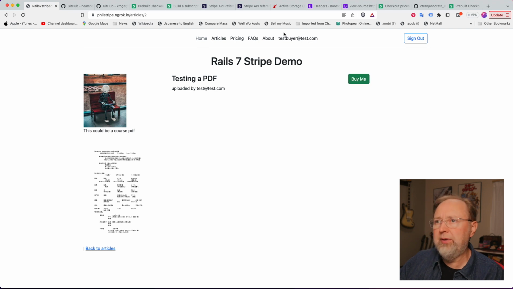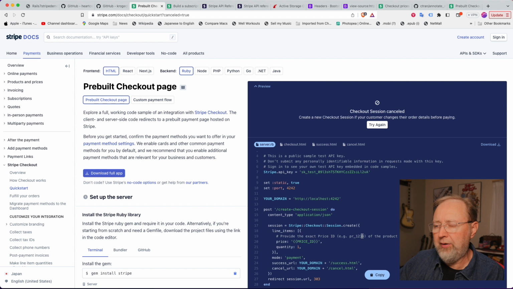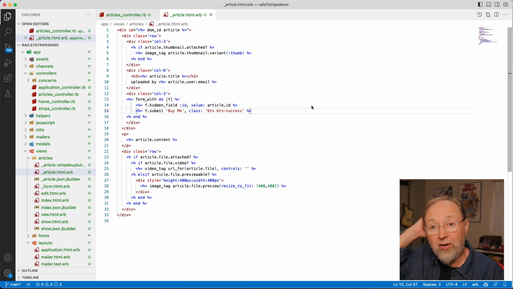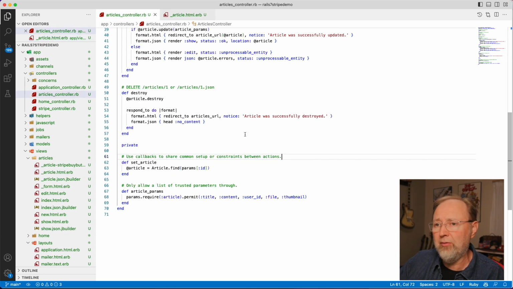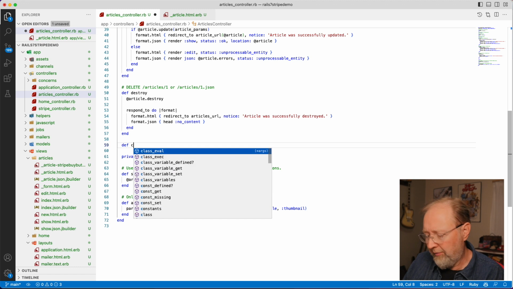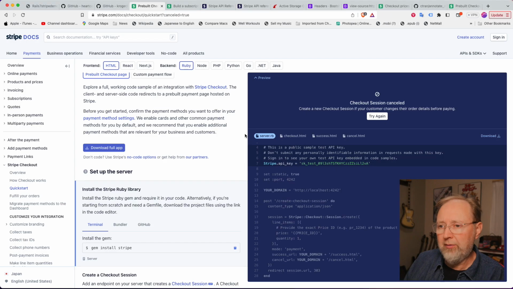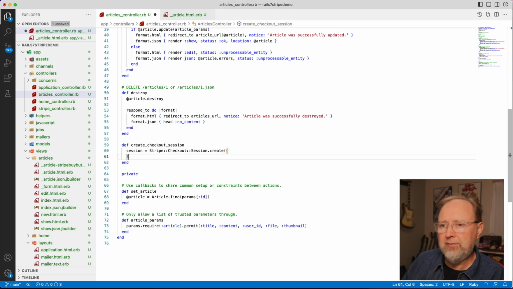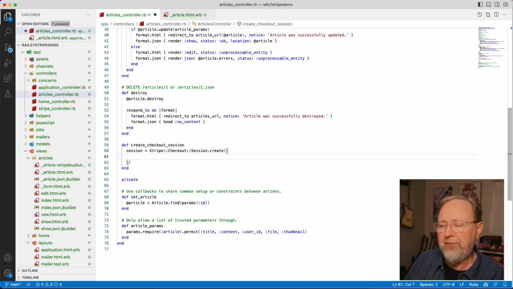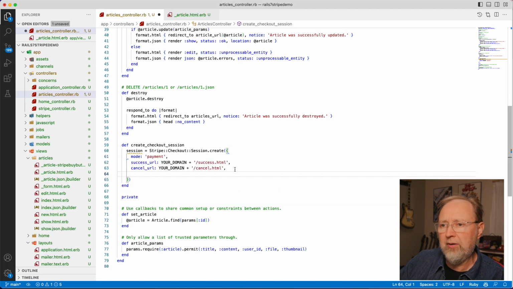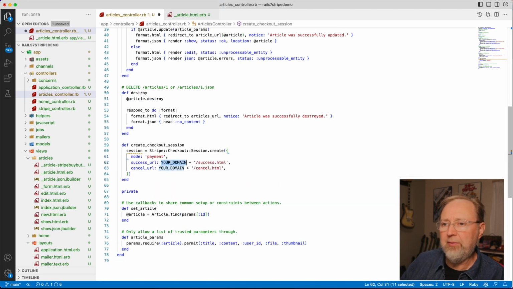So what do we want to do? According to Stripe, what we want to do is create a checkout session and redirect the customer to that. So I do this on the articles controller. I'm probably wrong. There is no right or wrong, but create checkout session because this is specific to buying an article. So we first of all create a Stripe session. And there, that would do that, and these things, mode and success URL, and because we already have an